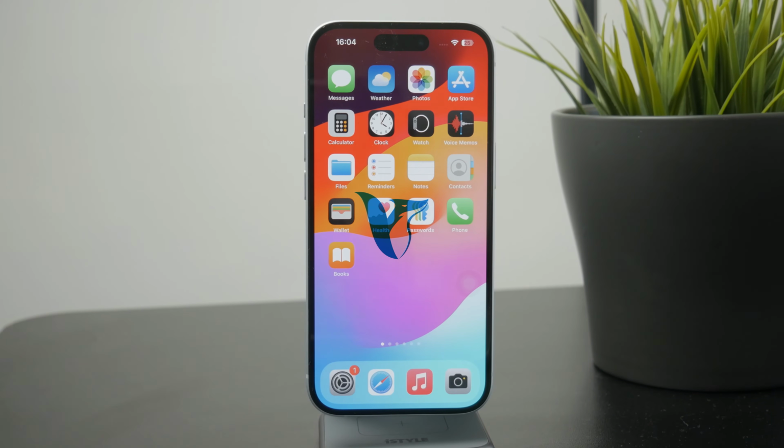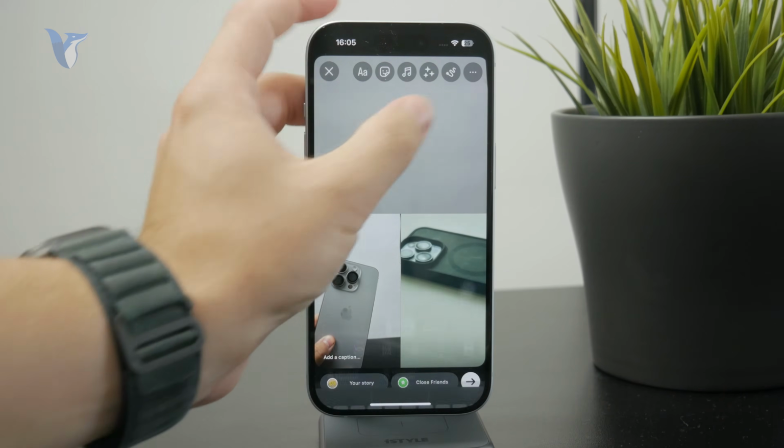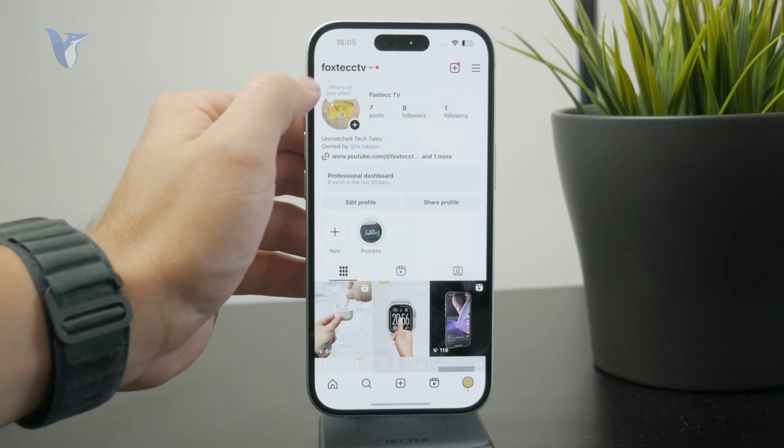So how do you turn off the green active dot on Instagram? Let's get started. So as you know, the green dot is indicating to other users that you are online and using the platform. So you may not like it, and in order to turn it off, go to the Instagram